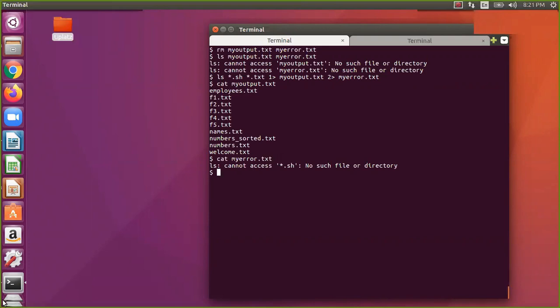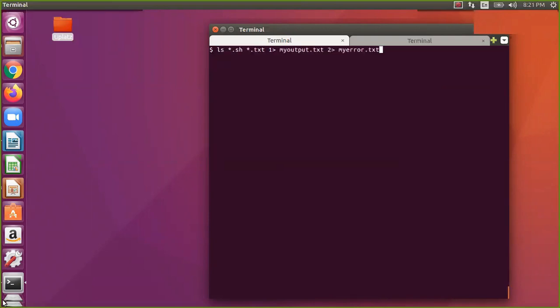Now let us assume you want both things in only one file, not two files. I'll call it my output error.txt. To minimize the output, I say ls f star, which displays only f1, f2, f3, f4, f5.